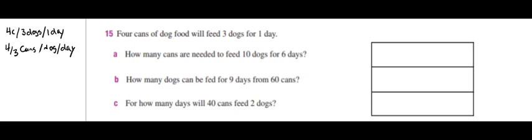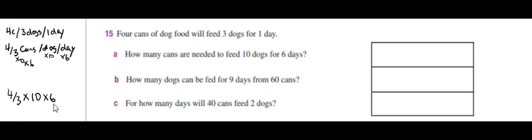Similar question, similar issue. So if we have 10 dogs, times that by 10, and times that by 10, this amount of food here, and I'll just write it down here, 4/3 times 10, will be the number of cans we need for 10 dogs in 1 day. But if we also have 6 days, then we also have to times it by 6. So times that by 6, and then we also have to times that by 6, which means we have to times that by 6. So the number of cans needed to feed 10 dogs in 6 days is 4/3 times